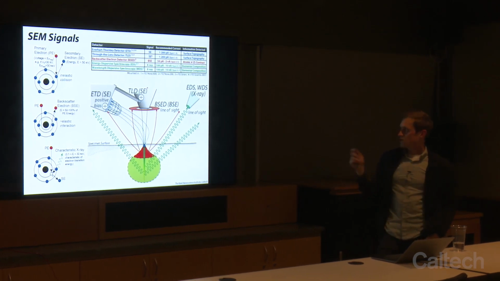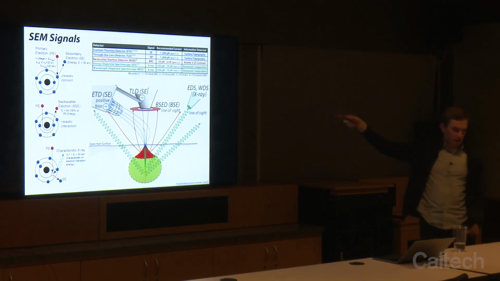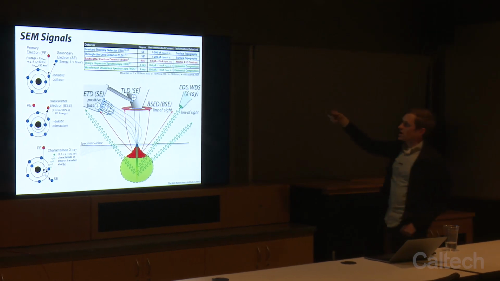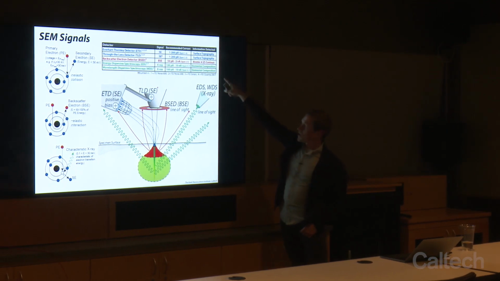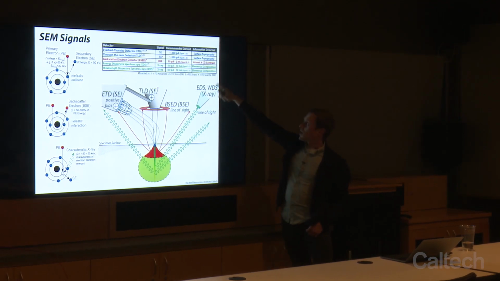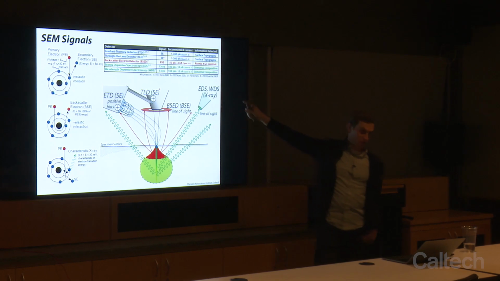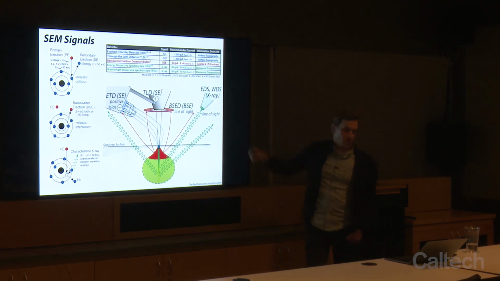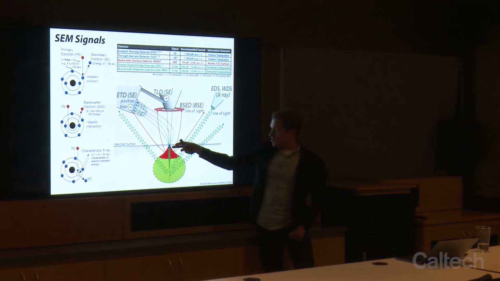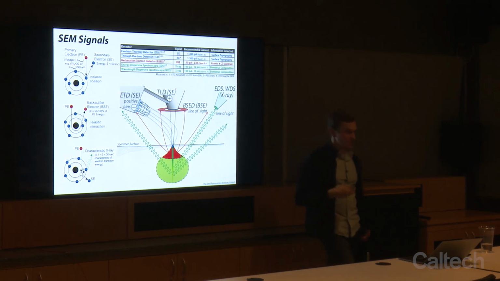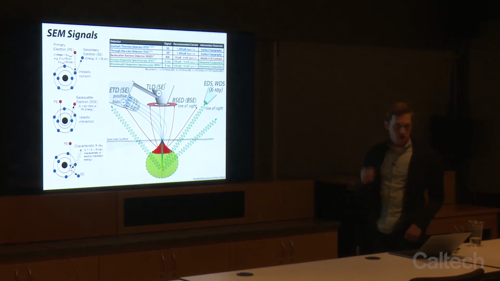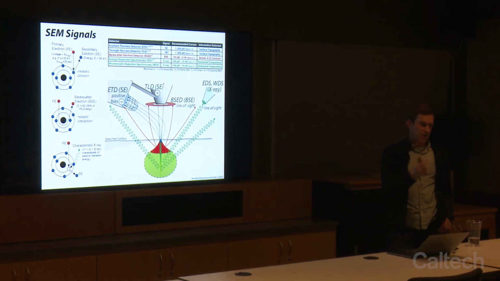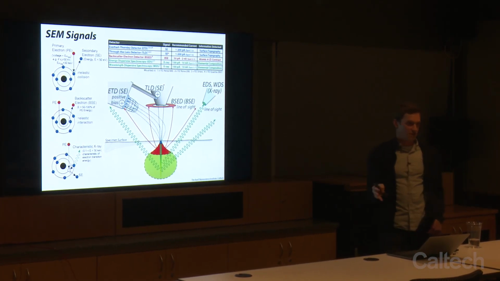All right, and so on your handout, I also have a table like I have here, and it gives you some guidelines on which detectors you're going to use, what information you're going to detect with them, and about what the recommended current range that you will need. So we generate a lot of secondary electrons, so we don't need a lot of current to get a good signal-to-noise image,